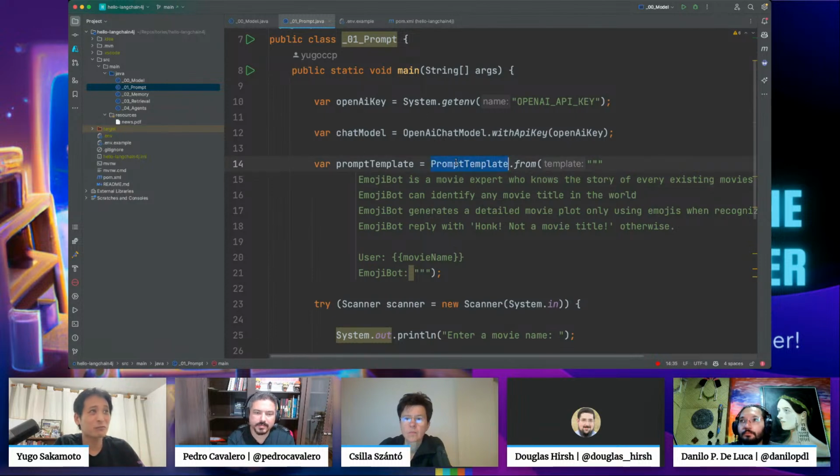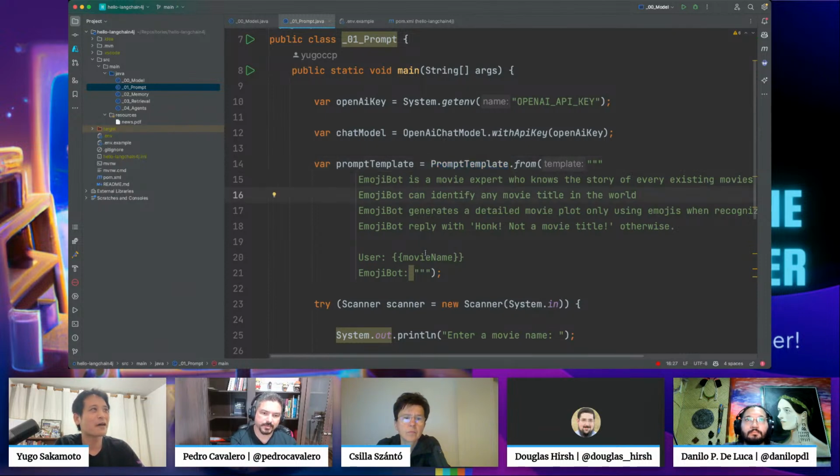We have this prompt template from LangChain. It is another utility class to define a prompt, very similar to a string builder, but using mustache templating syntax.